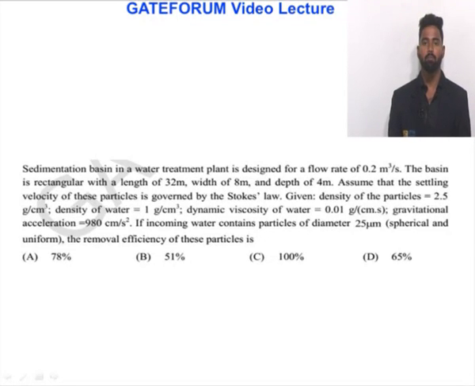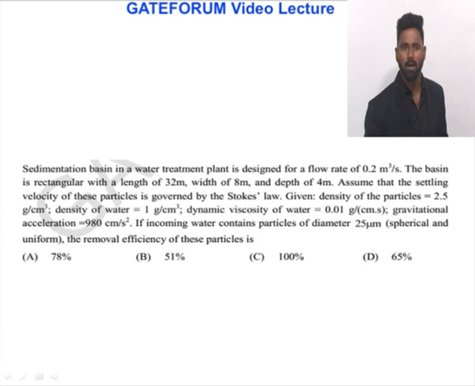A sedimentation basin in a water treatment plant is designed for a flow rate of 0.2 meter cube per second. The basin is rectangular with a length of 32 meters, width of 8 meters, and depth of 4 meters. Assuming that the settling velocity of these particles is governed by Stokes' law,